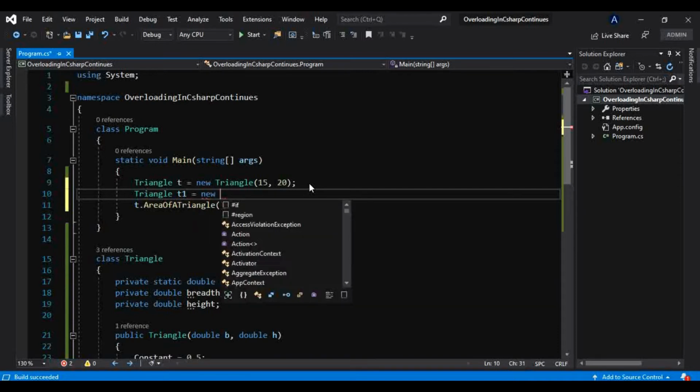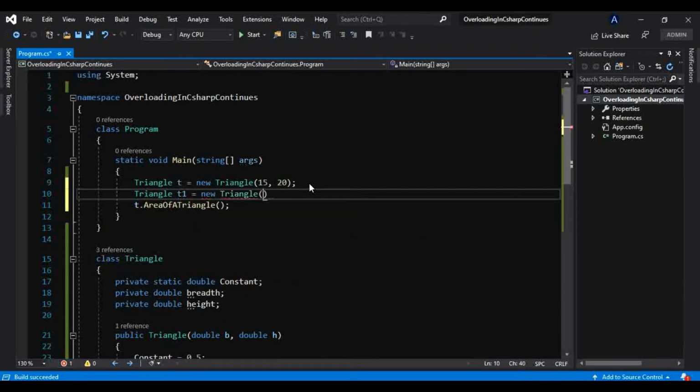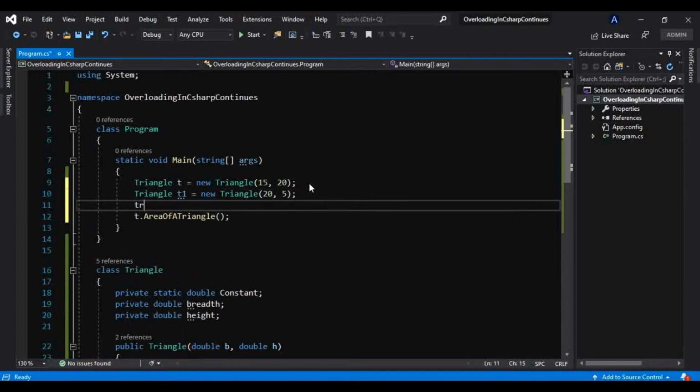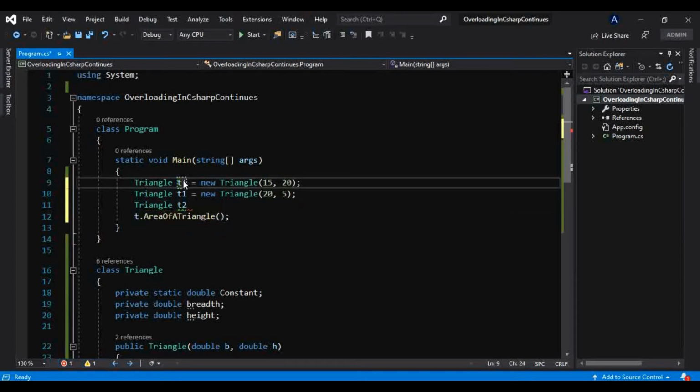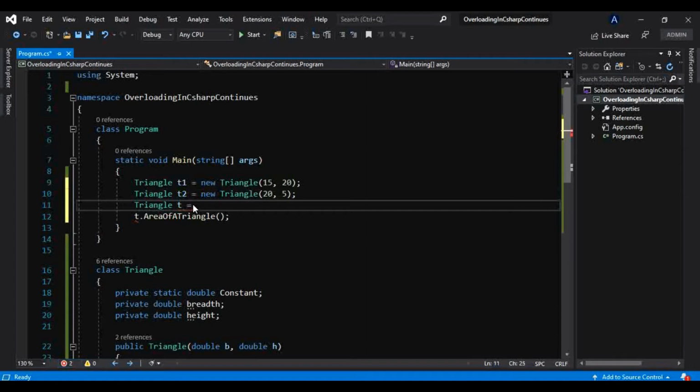New Triangle is equal to 20 and 50. Let me pass 5 only, because that will be a very bigger number. And let me take another object, and I will show you why I am doing this. Let me make that T1, this T2, and this as a T equals.